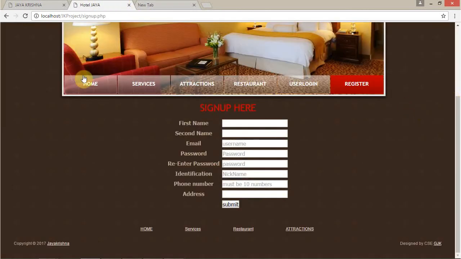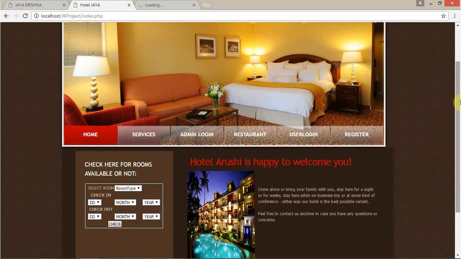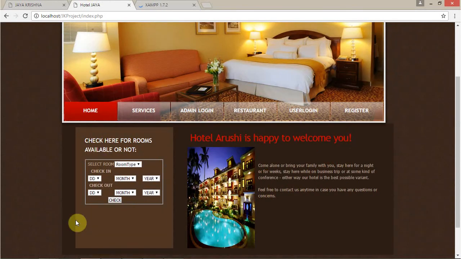So we have to calculate function point analysis for the functions which are interacting with the database. Let us say this is one kind of feature: check here for rooms available or not. For this kind of function, when I click on enter or when I select room type, and I give some data,